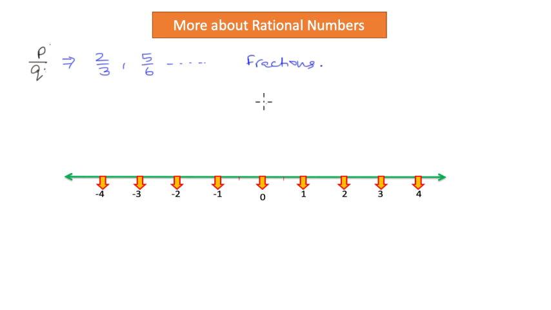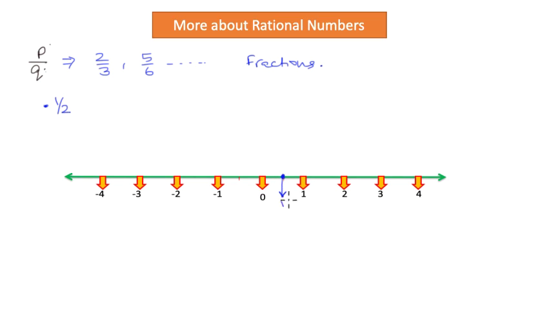Okay. Now let us use this number line to show how we represent these rational numbers on a number line. It is pretty much the same concept as we have done in the fractions. Okay, so let's now look at 1 over 2. How do you show this number on a number line? So 1 over 2, as we know, this is half, right? Which is bigger than 0 but less than 1. So we know that this is 0 and this is 1. And if we create a point which is exactly in the middle of these two numbers, then this number can